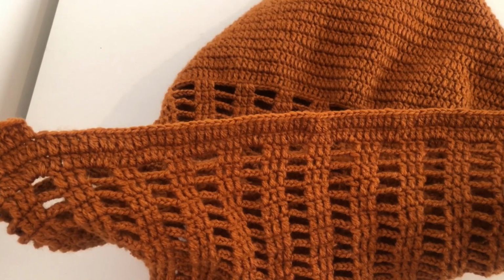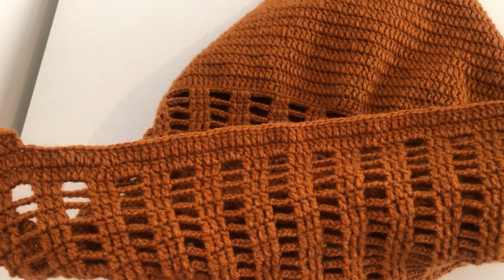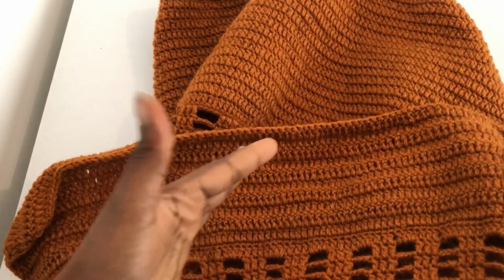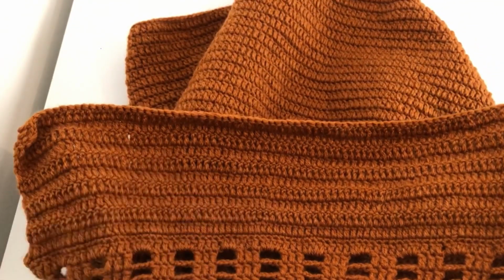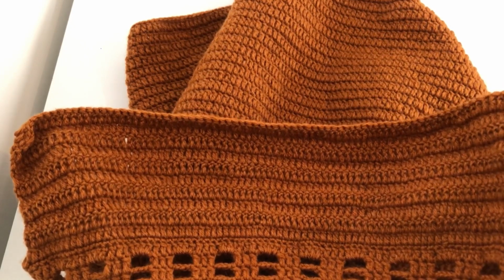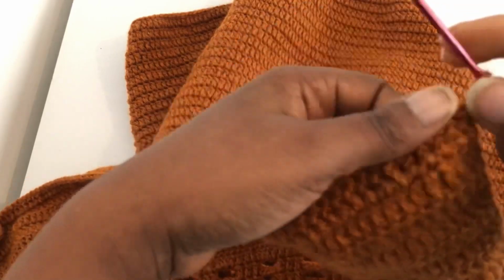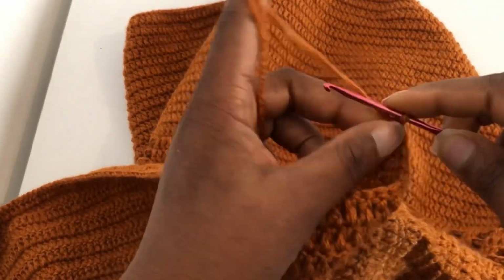till you have a length that is long enough to cover your bust. So I'm just going to continue this to have the length that is long enough to cover my bust, and I'll let you know how many rows I did. So now I did a total of 9 rows of double crochet, and this is long enough to cover my bust. So you're just going to do the amount of rows that is long enough to cover your bust. Mine is 9 rows. So for the next row, I'm going to chain 1